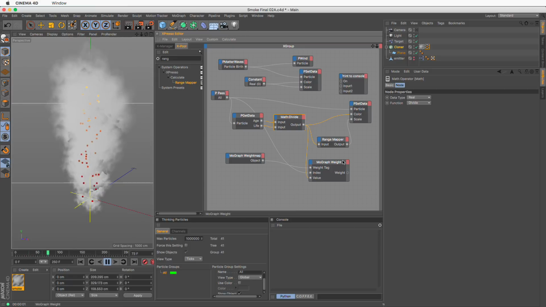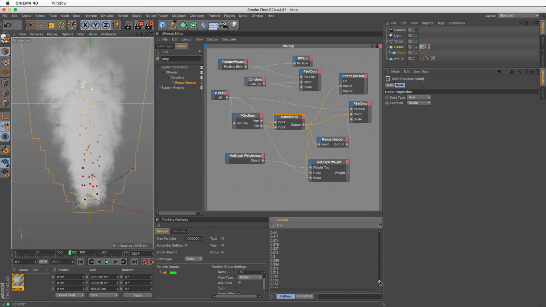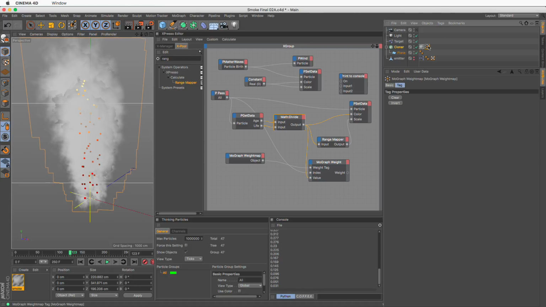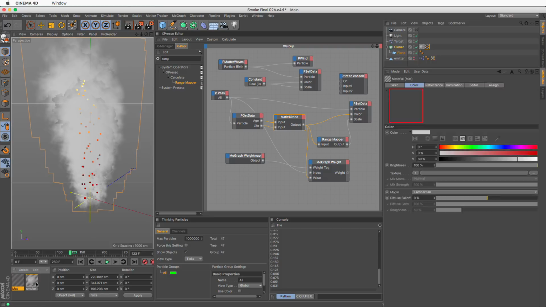And I want to try something. I'm going to take this and put it over here and stop this. Let's see if we need to do some troubleshooting. I'm going to advance by 1. So it's 0 to 1. So now we need to find a way to transfer the data from the weight map onto the color of the cloner. Just to experiment, I'm going to double click and create a new material.